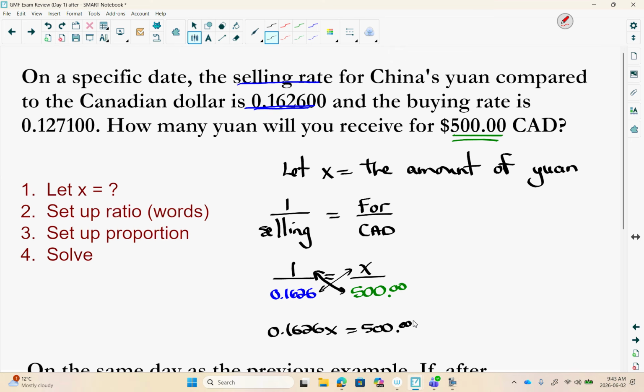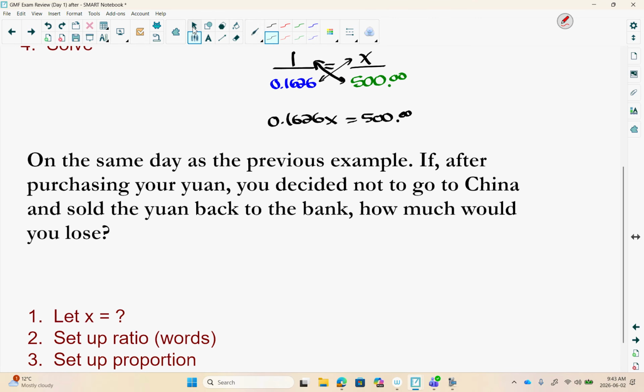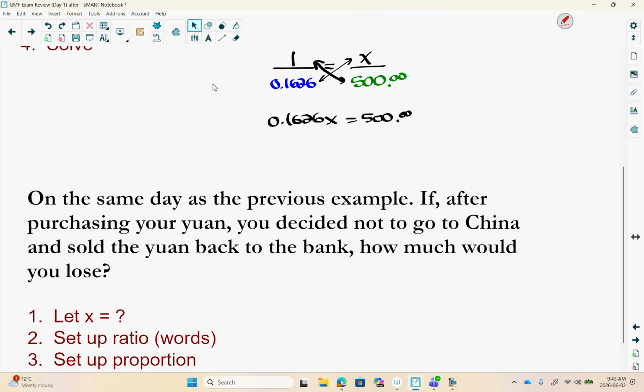What would you do to get X by itself? Anyone? That's right. I'm going to divide both sides by this decimal right here, 0.1626. If you do that on the left, you do it on the right. That would leave X on the left and 500 divided by 0.1626 gives me